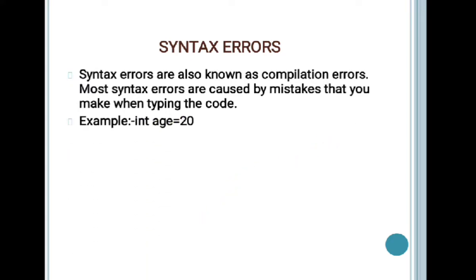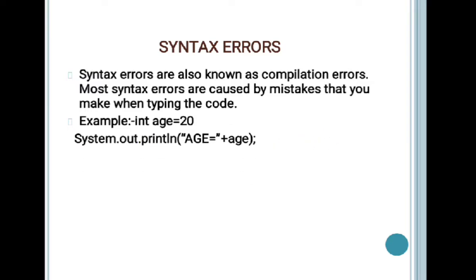Now as another thing, let's take this example. Are you able to find out what the error is over here? int age equal to 20. Is there any error? This question must arise in your mind. Alright, but as you can see, if you pay a little attention, there is an error of a semicolon, meaning you have not terminated this statement. For in Java, every statement must be terminated by using a semicolon.